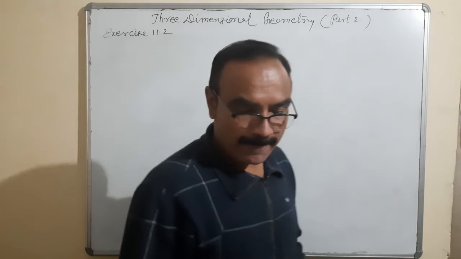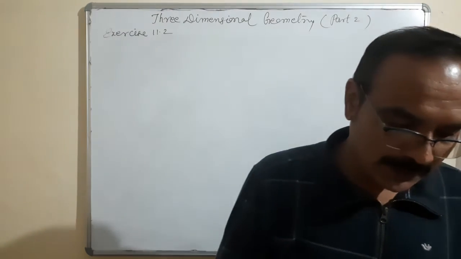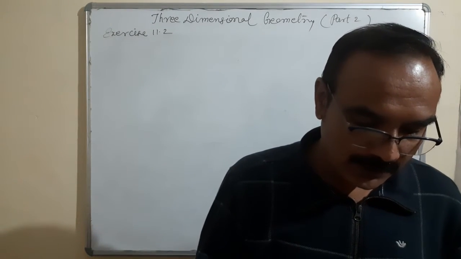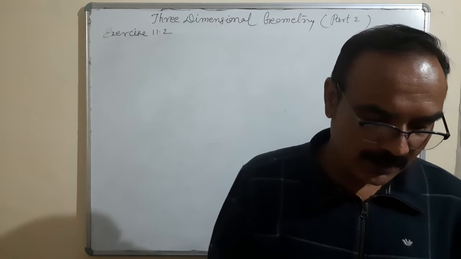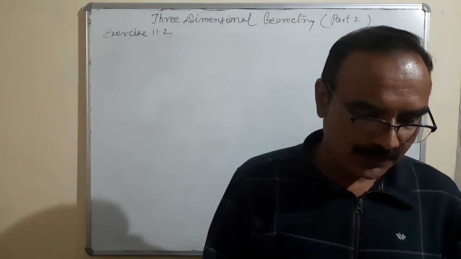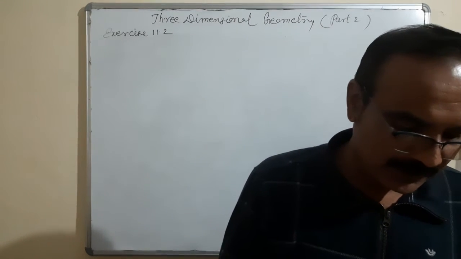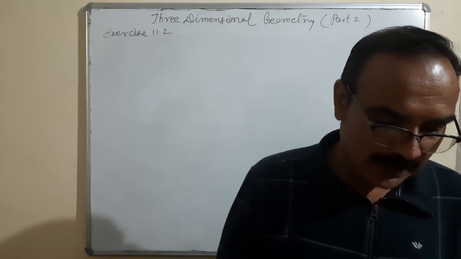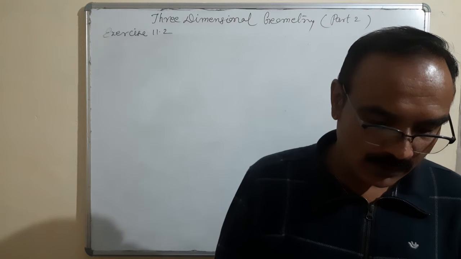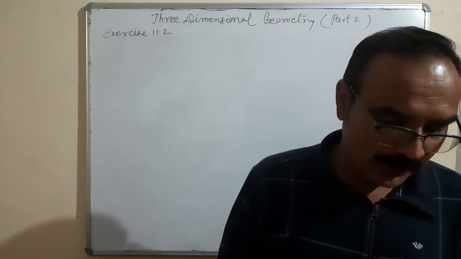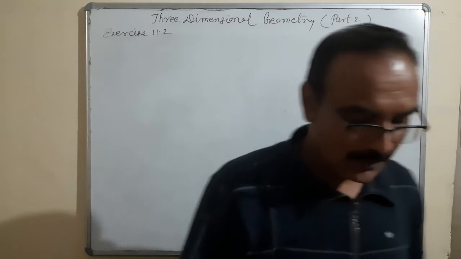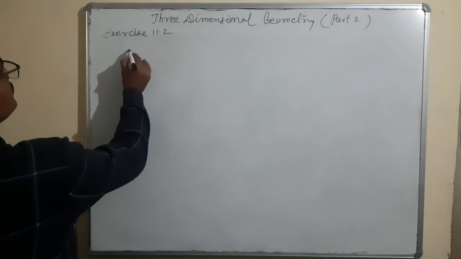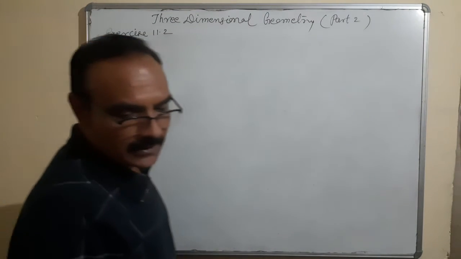Now let us see. Show that the lines through the points are perpendicular. Same as before, we have to find the direction ratios and simply multiply. Question number 2 is for you. Third one: show that the line through the point is parallel to the line through the other points. So I am solving the third question, because the second and third are the same pattern.